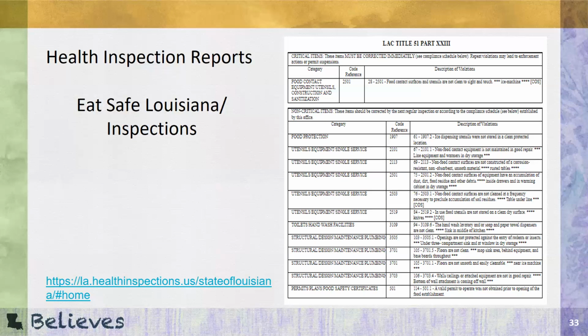As stated earlier, failure to meet health inspection requirements as represented by LDH during school inspections or facility inspections of the food service management company, such as a central kitchen, is grounds for termination of the contract and exclusion from consideration in future RFPs. The inspection example on this slide